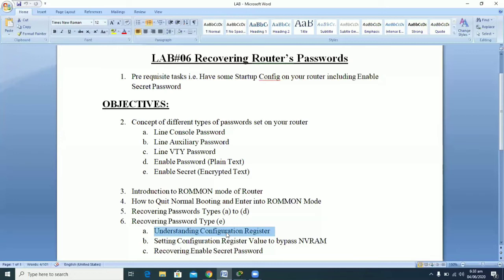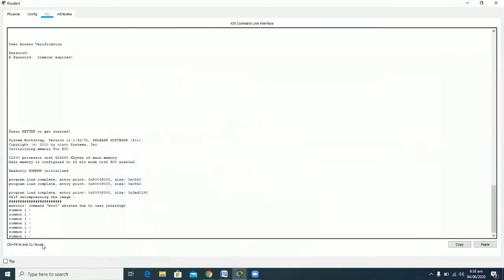So if you set the configuration register value to 2142, then the last saved configurations will be skipped, and you will be left with an empty configuration router, with only the IOS in effect.